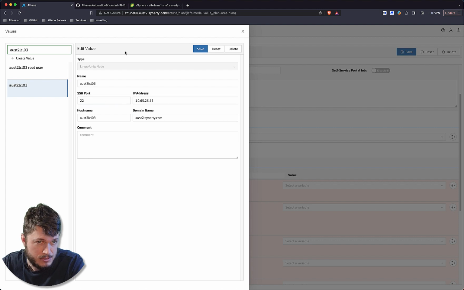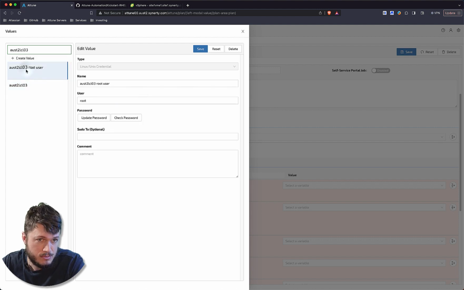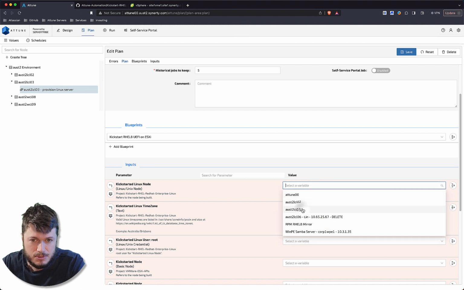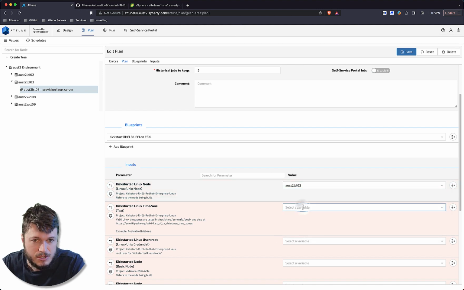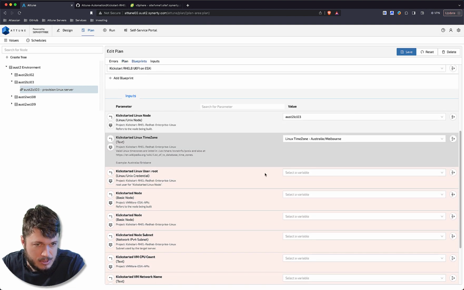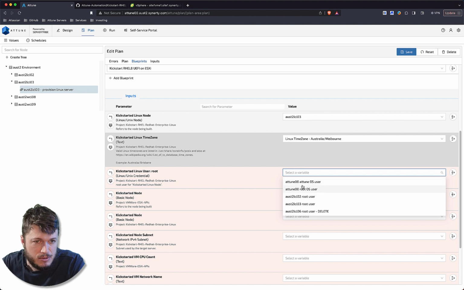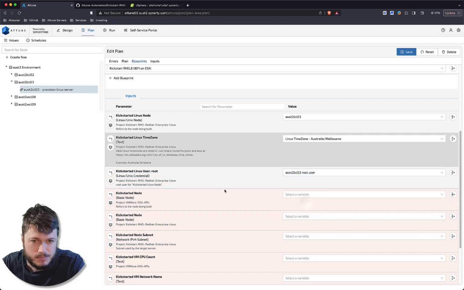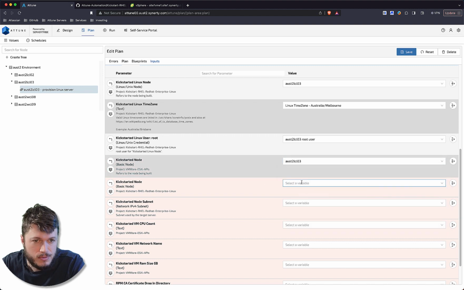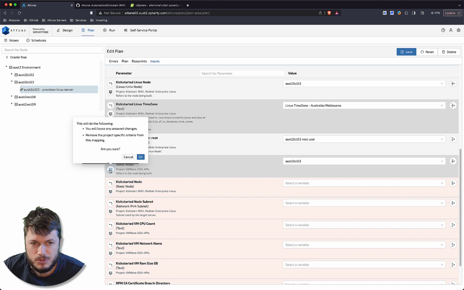I've already configured this node and the user credentials among other values. So we can populate this, the kickstart time zone, Australia, Melbourne, the kickstart root user, the node. Now these are in here twice because they come from 2 different projects, but what I can do is if we click this here,